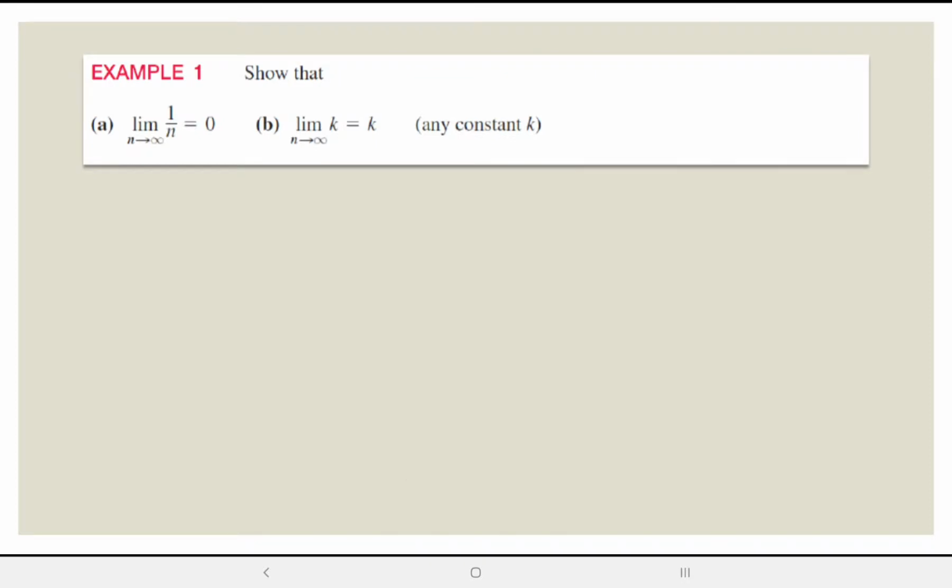Okay? So, sige, we'll try this on a few examples. Okay? So, we show that the limit of 1 over n is equal to 0 and then the limit of k is equal to k, both as n approaches infinity. So, kailangan nating humanap ng N, okay? Wait lang, magsusulat lang. Okay, so let epsilon be greater than 0, given. Okay, we must show that